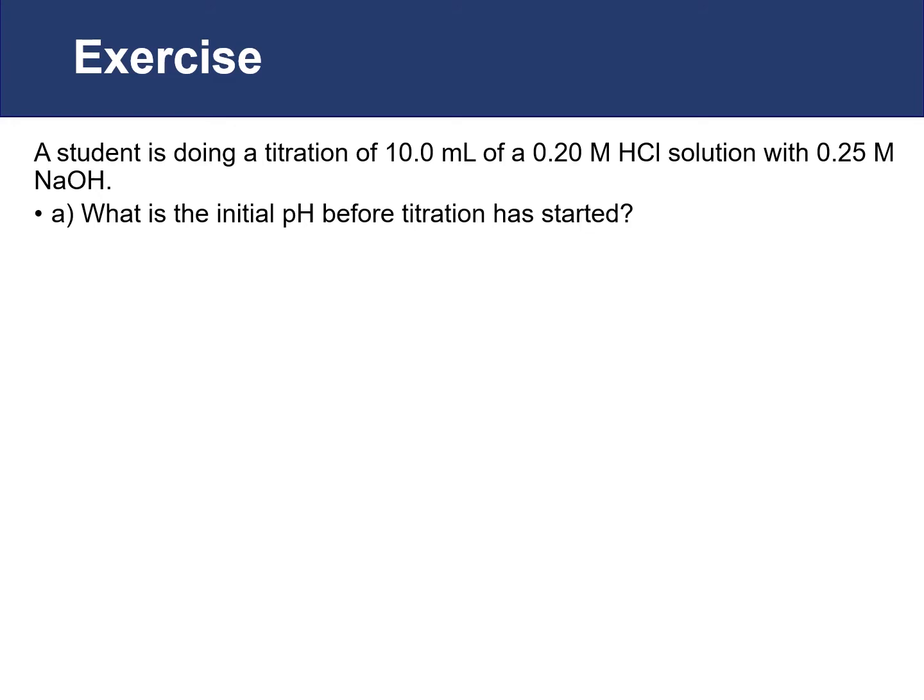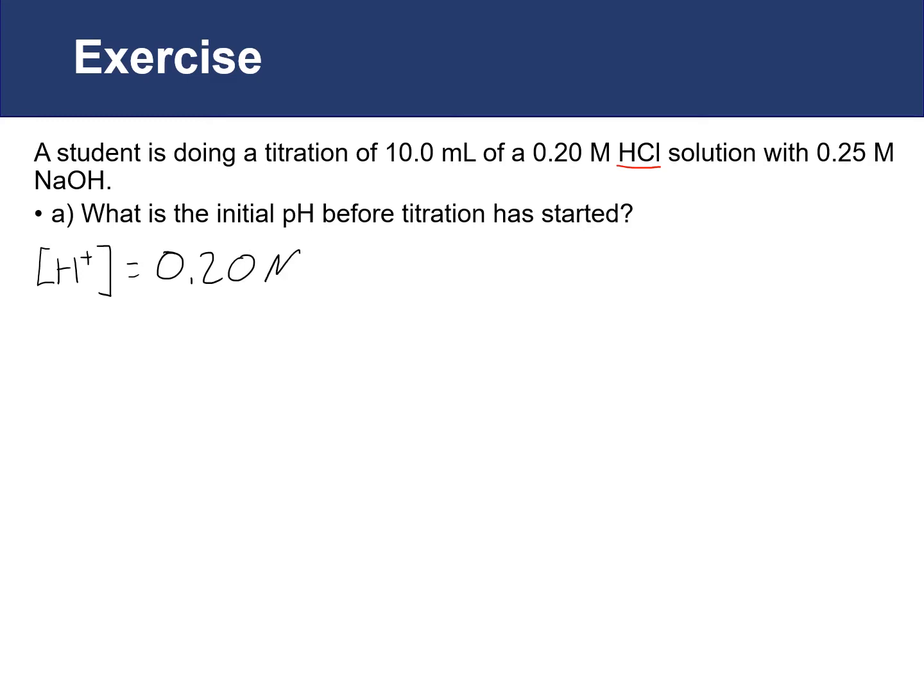Well, because we're working with, in this case, a strong acid, HCl, the concentration of our H+ is equal to the listed concentration of our strong acid. For a strong acid, it completely dissociates into, in this case, H+ and Cl-. So the concentration of our H+ will be